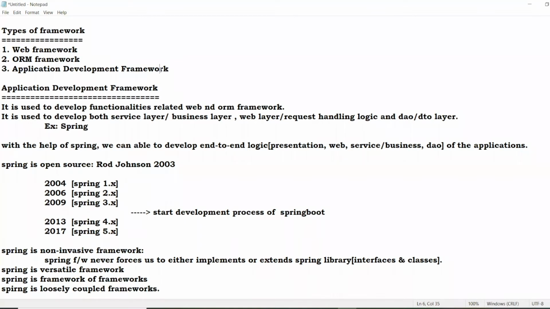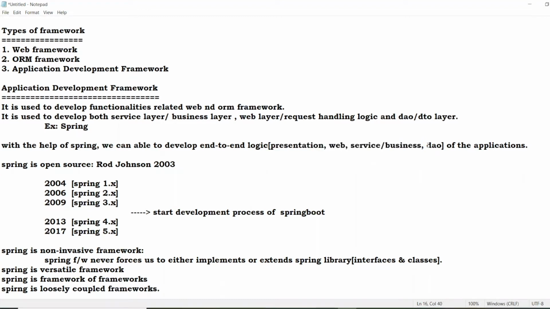I developed one project to interact with any database. Now observe, guys: I want to develop the presentation, service or business layers of my web application using Spring. You can happily develop that.